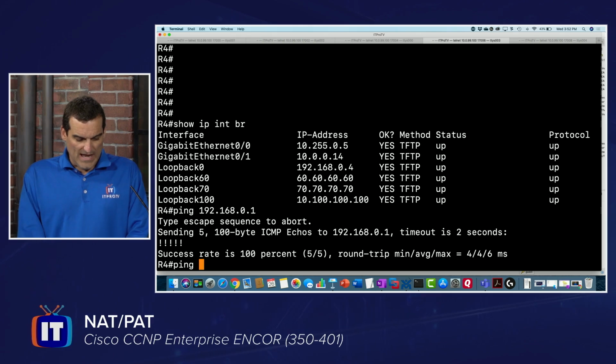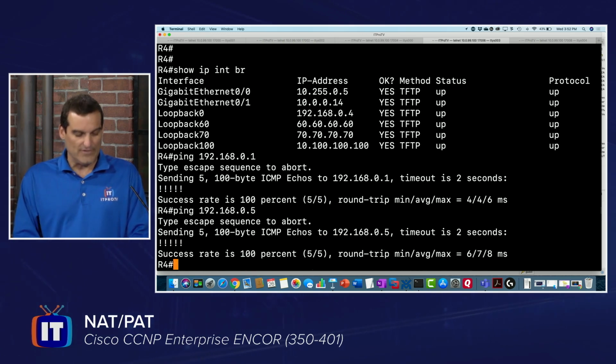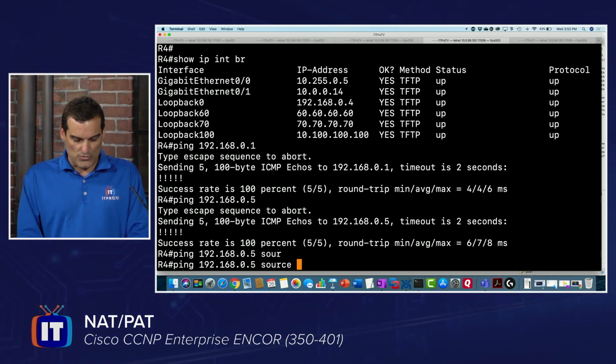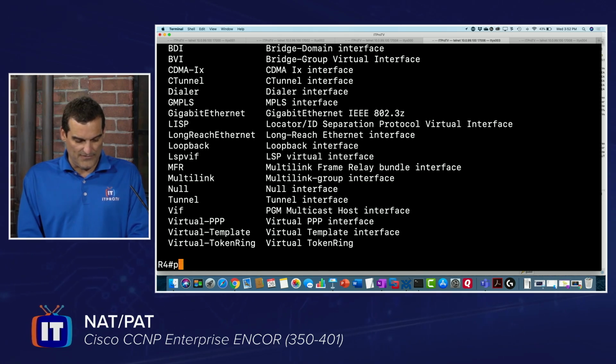Let's do a ping for 192.168. Before we do anything fancy, let me just see if I can ping all the way over to R5. That would be through R1, 192.168.0.5. Good, I can. All right, so we'll try that again, but we're going to do a source of the